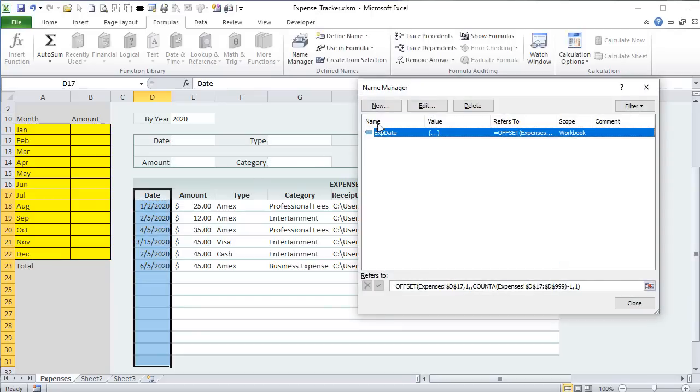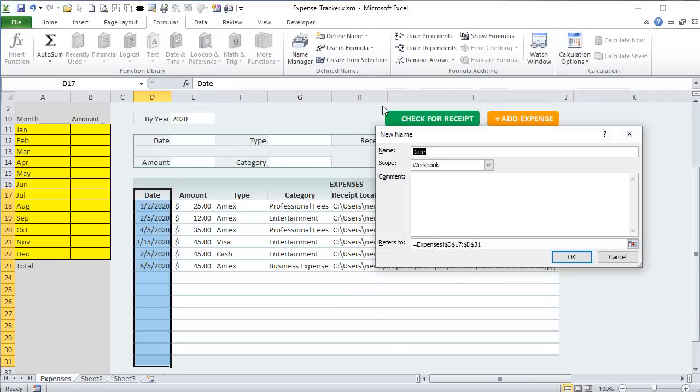Now let's do another one for amount. So New, and then we'll call this expense amount. And then we're going to tab over. And what data do we want? Well, again, equals OFFSET. And I want to start out in the header, but then I want to go one row down, comma, comma,